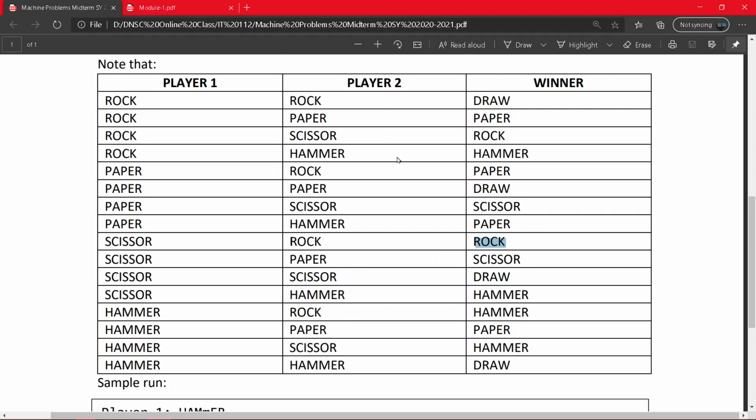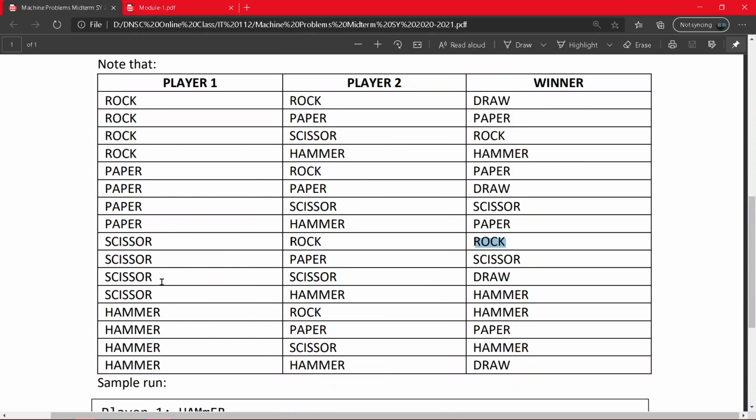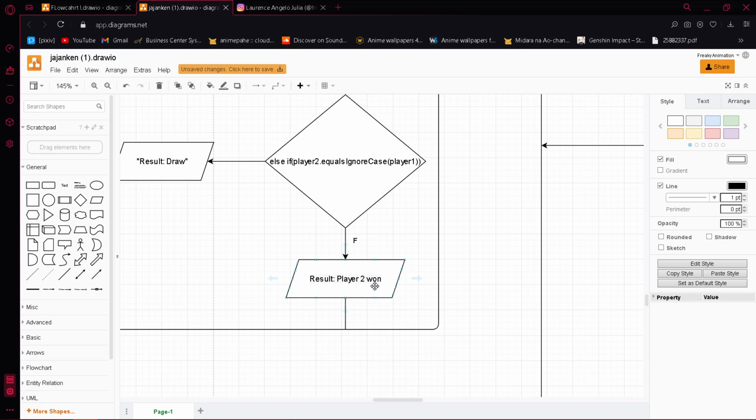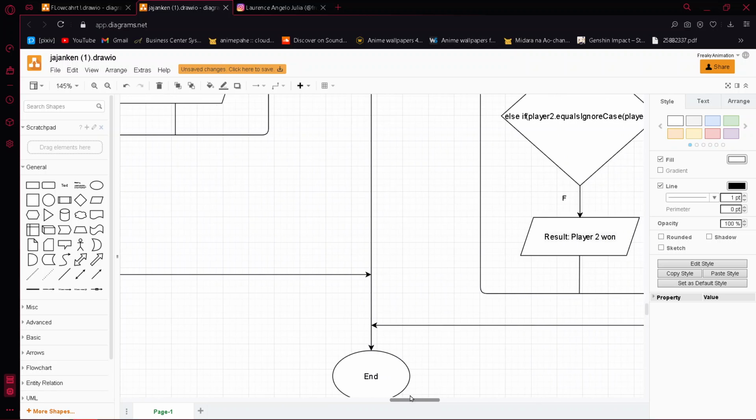So player 2 wins. Also if player 1 chooses scissor and player 2 chooses hammer, the winner would also be hammer. So the result is player 2 won. And that is the end of our flowchart of problem 2.